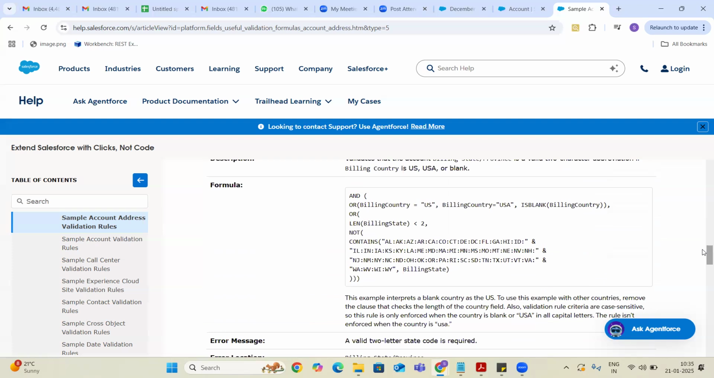So this is again validating the billing state, guys. Like billing country is US. The billing state should contain any one of these state codes, guys. For example, for India, how we have IN, right? The same way, they have some codes. VT is for Vietnam